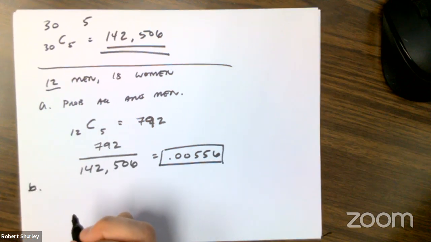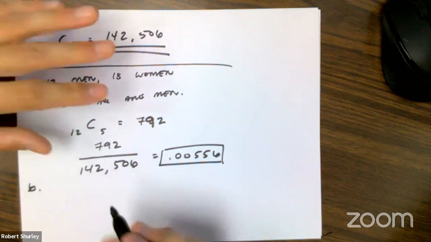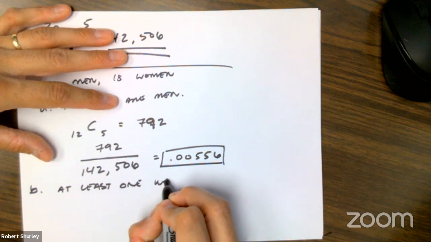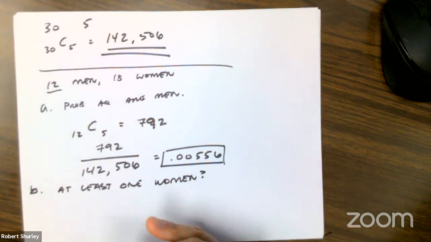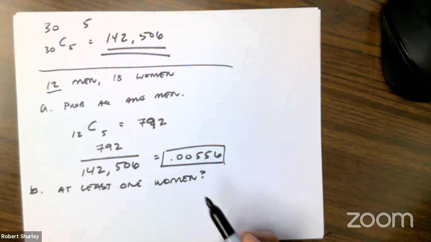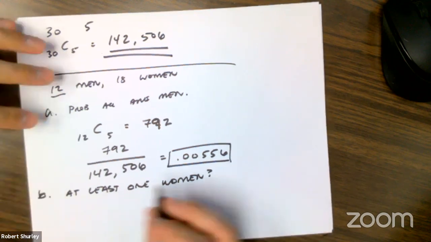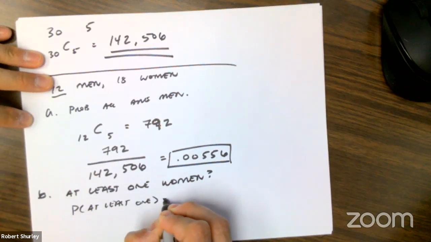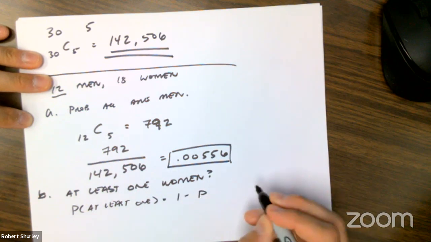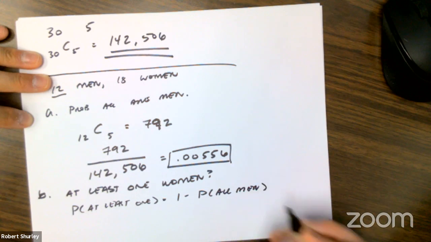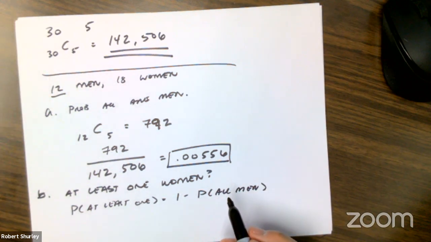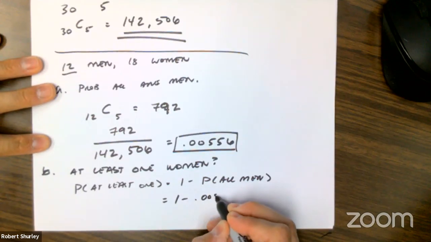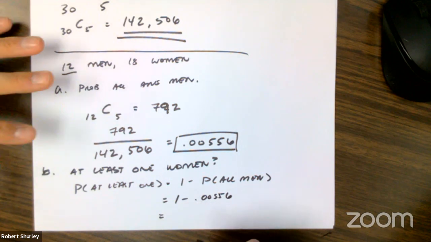Question B, though, asks, what about at least one woman? This is the question I wanted to get to because it brings in something from the previous section. Remember the at least one questions? At least one would be 1 minus the probability of all men. It was the complement, right? So it would be 1 minus 0.00556. So we wind up with